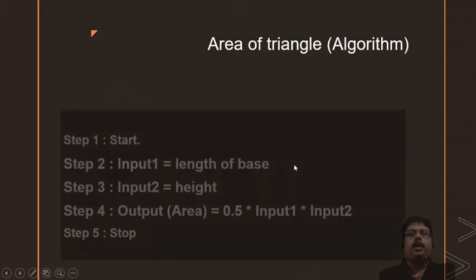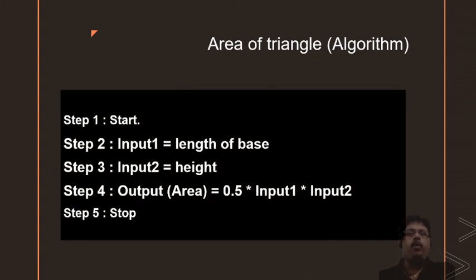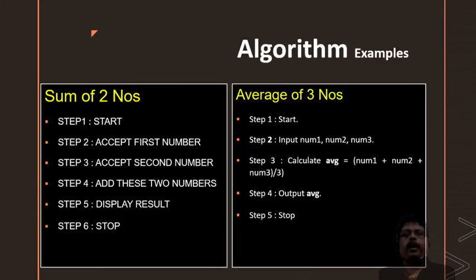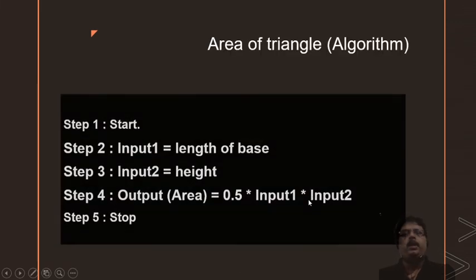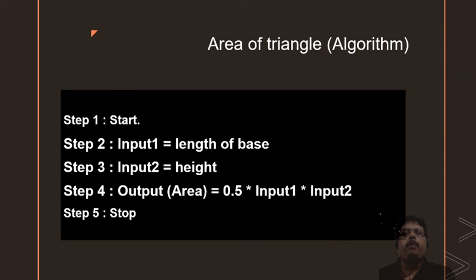But in this algorithm, directly the output is printed. Here the expression can be written directly to print the output. In the end it is stop. When you write the program also, it is like that. You can directly print the output, meaning you can directly write the expression in the output, or like this you can calculate the average or calculate the area and then print the output as mentioned here. So this is what we define in an algorithm, meaning how your program will go on, that you can understand in an algorithm.